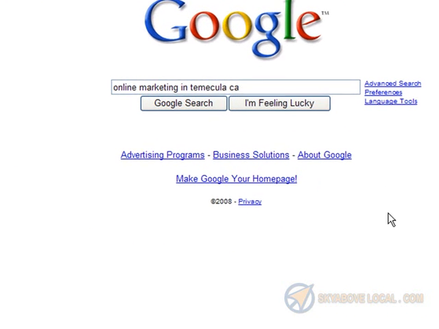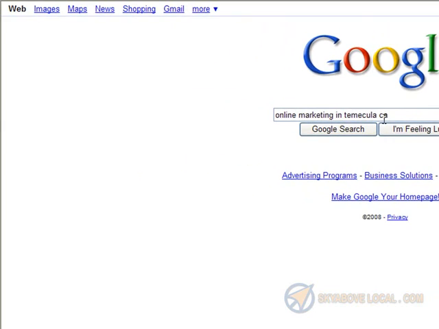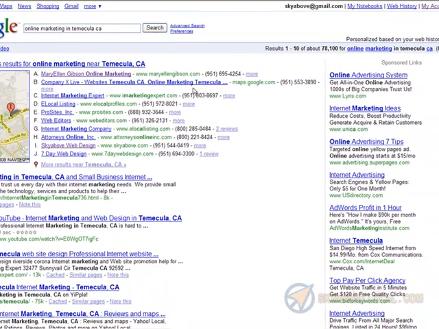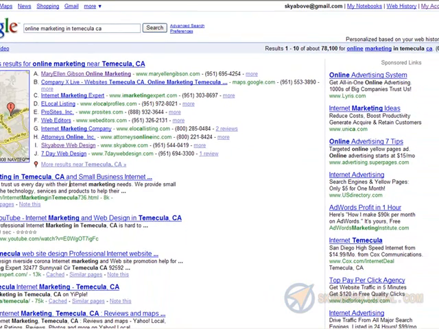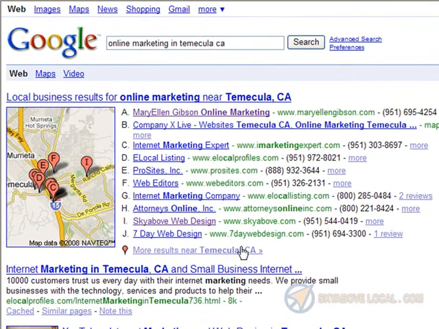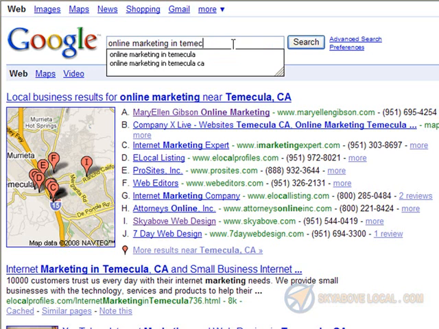So let's just say that I'm at the Google homepage and I type in something like online marketing in Temecula, California, and I click on search. The first listings I see here, right at the very top of the page, are the local listings. Now I see those because I chose online marketing and I gave it an actual city, online marketing in Temecula, California. If I were to change my city here